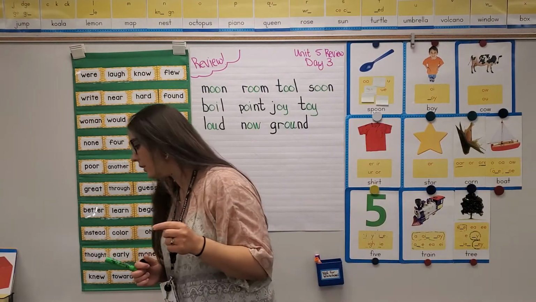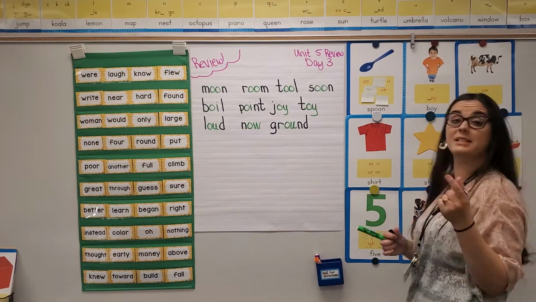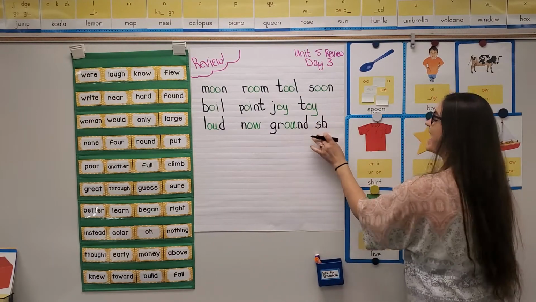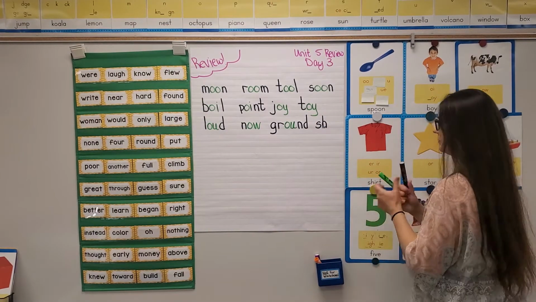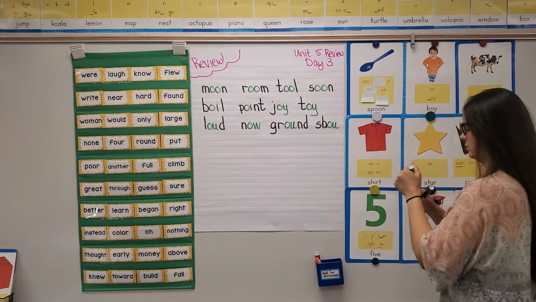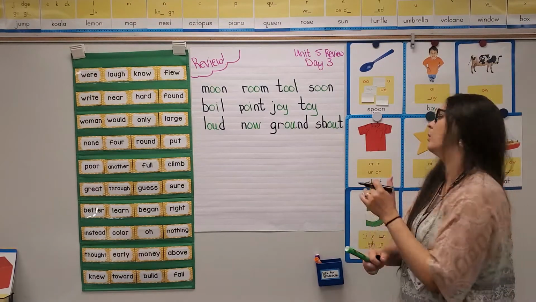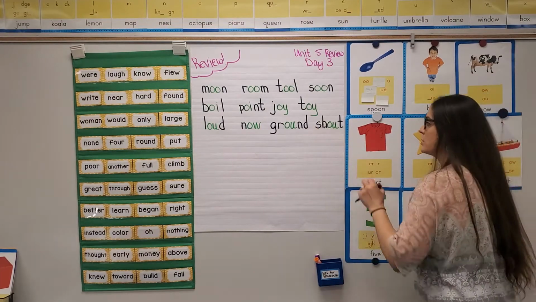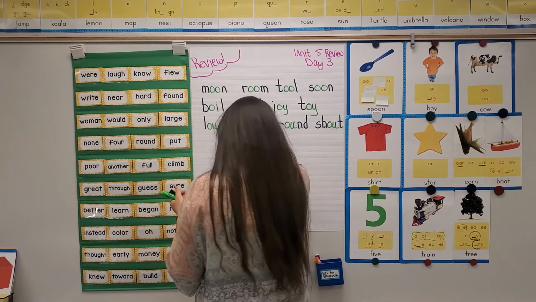Wonderful. All right. Last word. Shout. Your turn. Shh. Ow. Shout. S-H. Shh. Remember, never sa-ha. Always shh. And O-U. Ow. Always ow. T says ta. Let's blend. Shh. Ow. Shout. All right. Let's do a sentence.